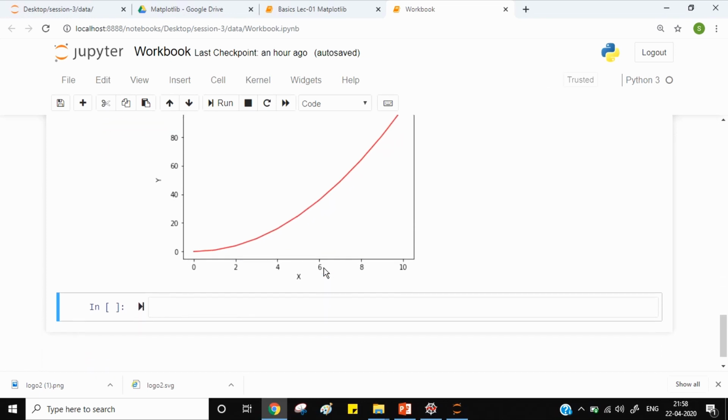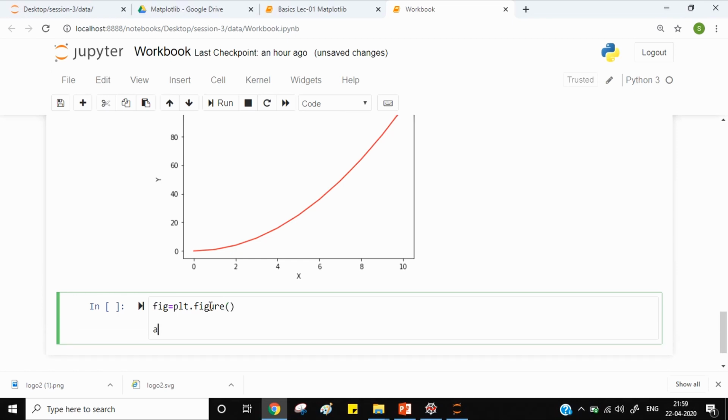Now let's create two plots. This time I will use plt.figure. This will create a canvas for me. Now axes1, this is my first plot. I will use add_axes. You can code along with me if you want, or you can just pause the video and try it on your own.